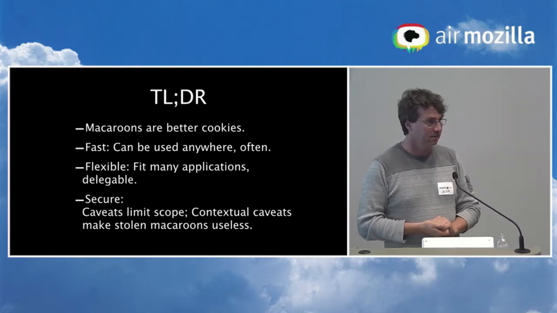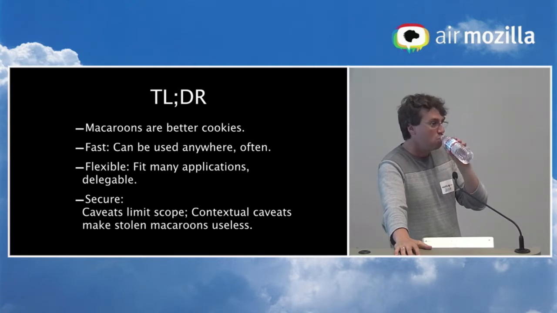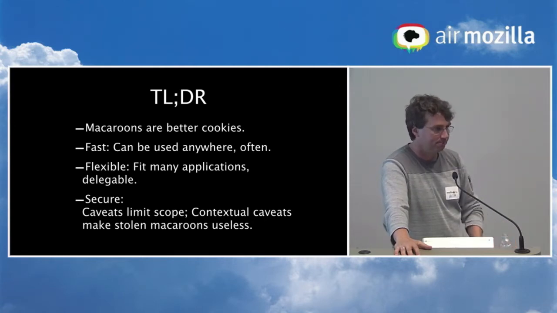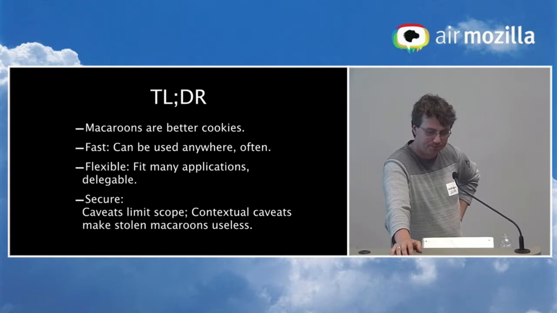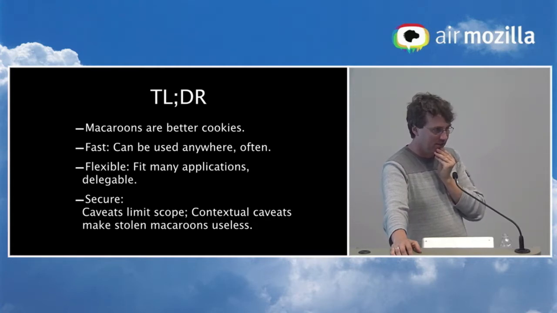Yes? You mentioned that the third-party constraints have a hint that is intended. Is that intended for the third party to decide what key to use to encrypt some stuff? Or is it for the end user to figure out which third party to send it to? Does it give the end user any information about what's going to be asked of them when they go to that third party? Good questions.